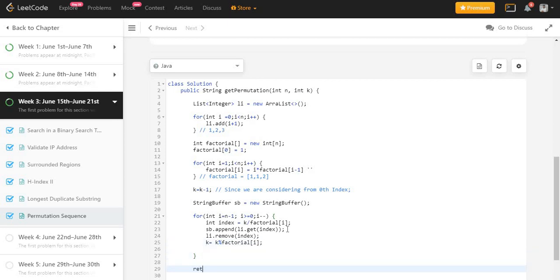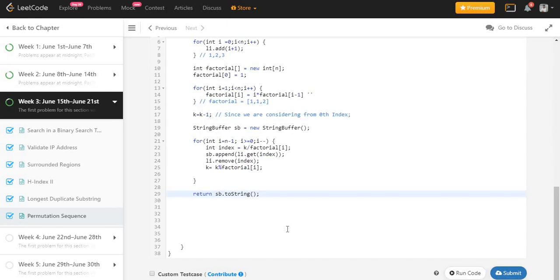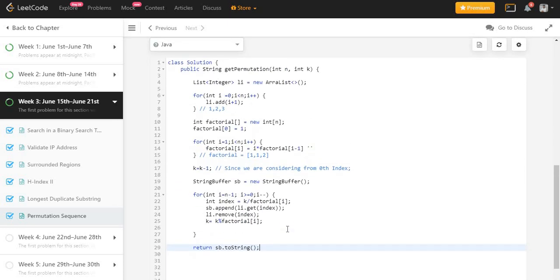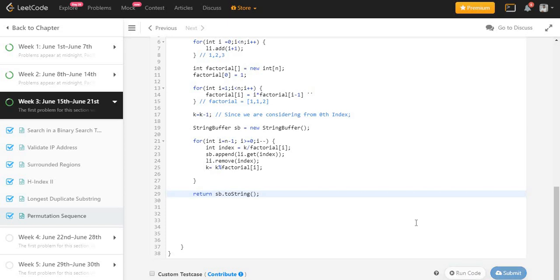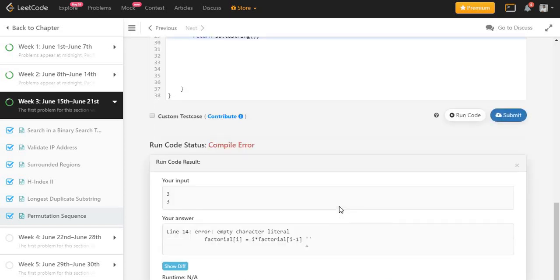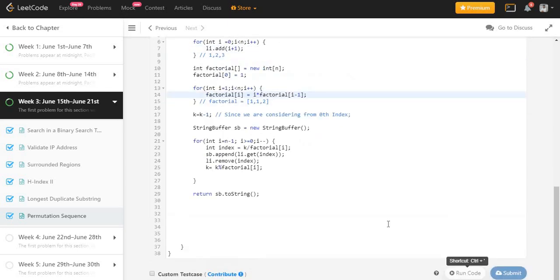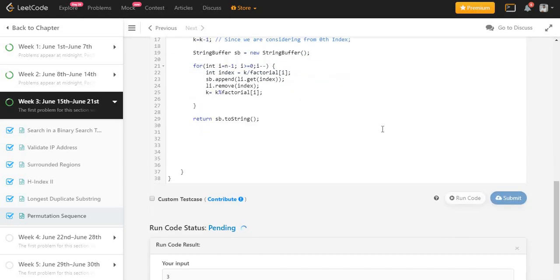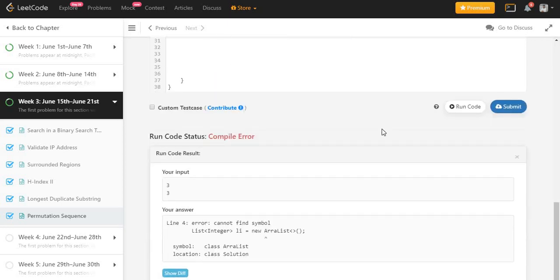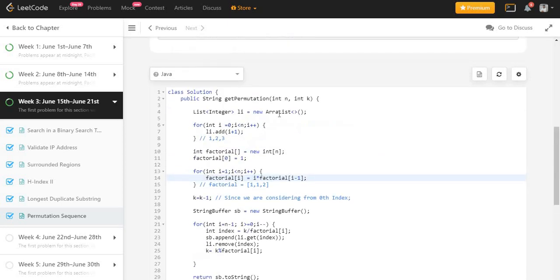And I will return the StringBuffer. Since I was using StringBuffer, I need to convert it to a string since the return type is string. So let's write toString. Let's run this program and check. Again, there was some typo. Let me fix that. Let me run it again. Again, there was some typo.